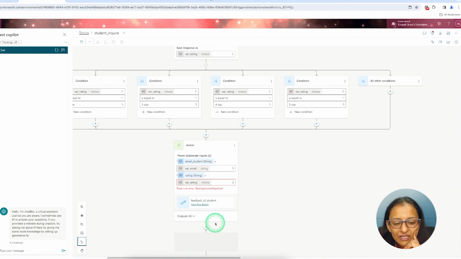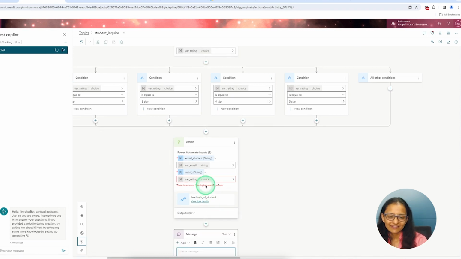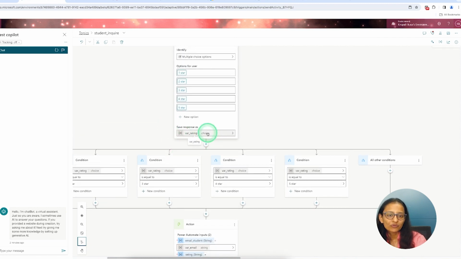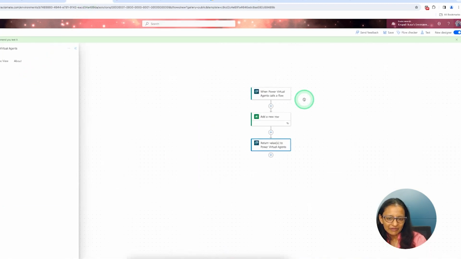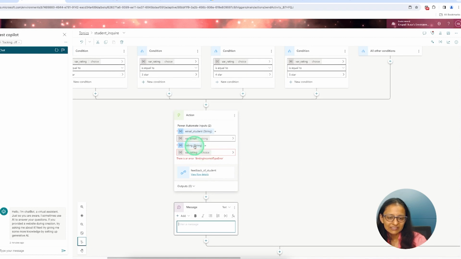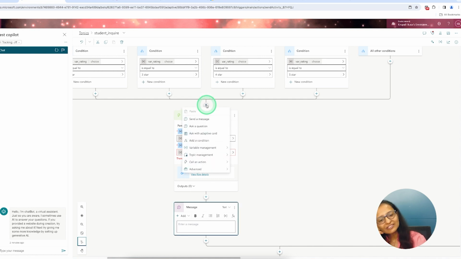And we are just displaying the message that an error occurred. Oh, now see, there is an error in that flow. Why? The reason is that rating we have taken in the form of a choice, and in Power Virtual Agent we have taken rating as text. So here a type conversion error will come, because we are passing a choice and it is considering a string. So before passing the value, we need to convert that choice data type into a string.